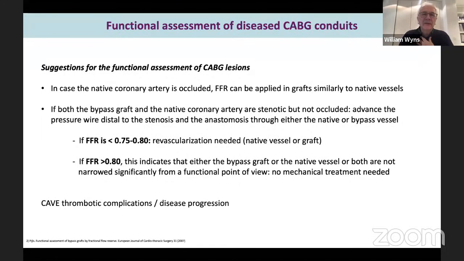My experience, and I think we touched upon it last time, and I think Azeem agreed, is that in vein grafts, FFR is not that helpful. First of all, it's very difficult to have an abnormal measurement because even with stenoses, still the residual lumen is okay. And the problems are not so much hemodynamic related. The problems are related to thrombosis.